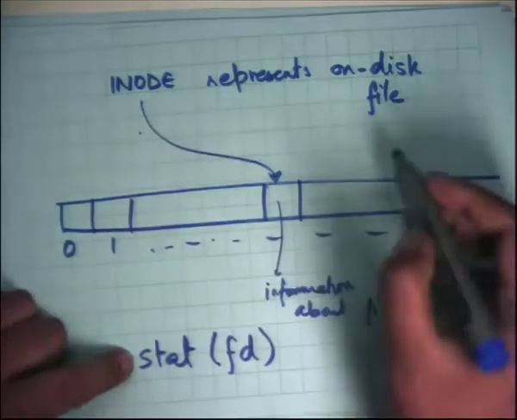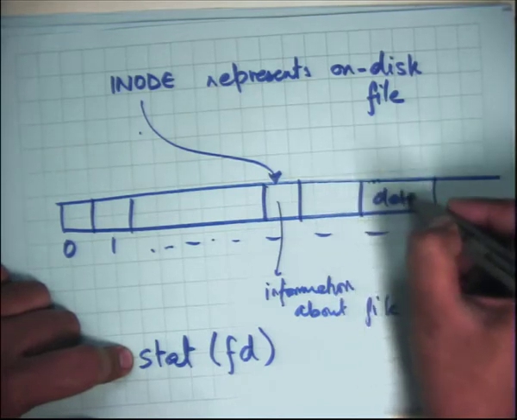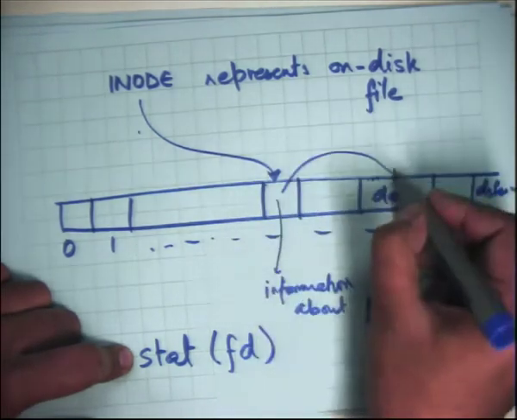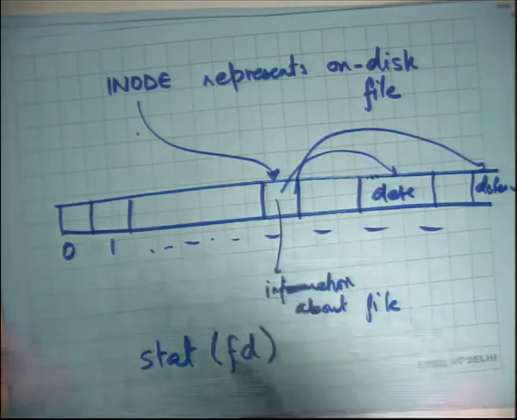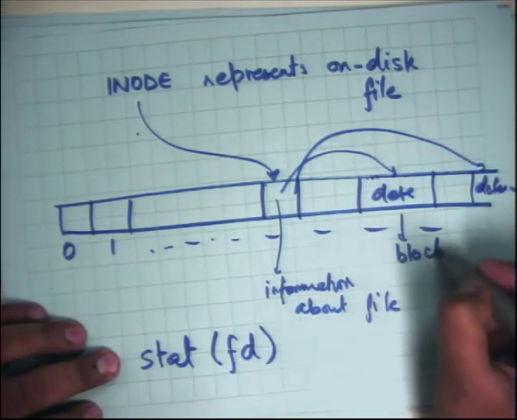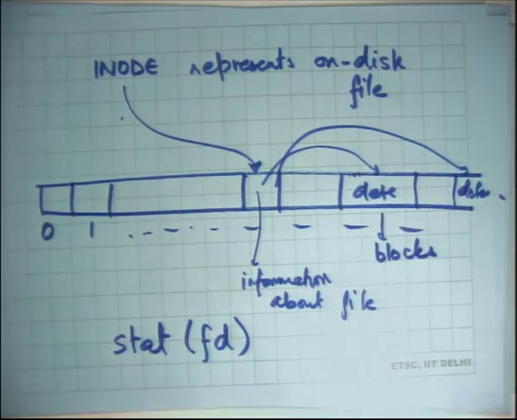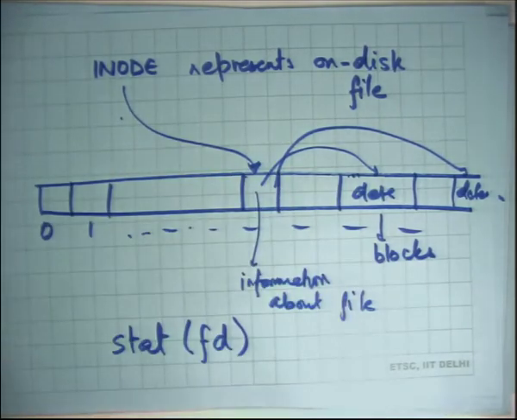The data of the file will be stored as disk blocks on the disk. So let's say this is data 2, and so on, and the inode should say where this data is. So it should have some mapping between offset in a file and the data on the disk. So this data are called disk blocks, and when you say read, implicitly there's an offset, and so the operating system should convert the offset into the corresponding disk block number using the information from the inode to get that data for you. So that's basically the idea.